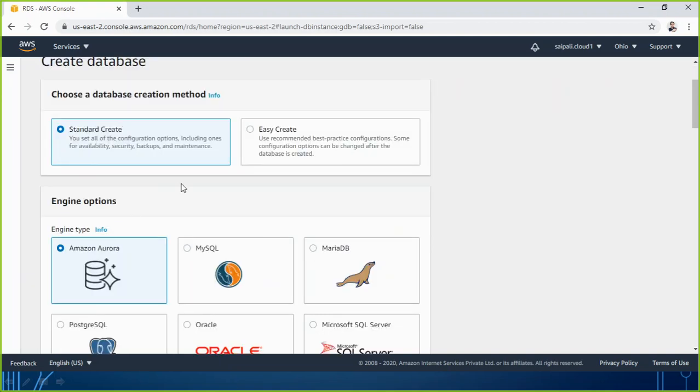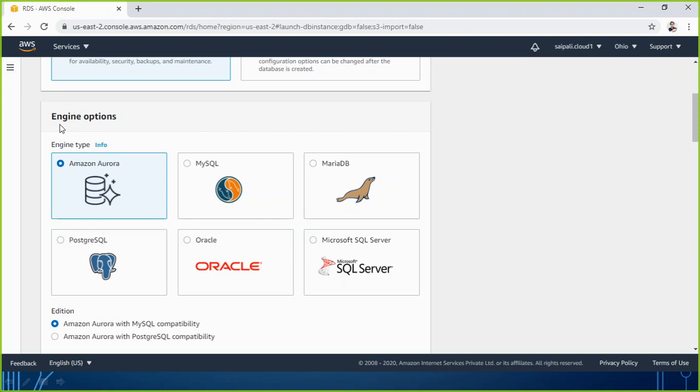Thereafter, when I scroll down, here you see the engine options. That is what I was explaining to you, that RDS supports all different types of database engines. It supports Amazon Aurora, which is its own proprietary type of database. It supports MySQL, MariaDB, PostgreSQL, and Oracle also. It supports SQL Server also.